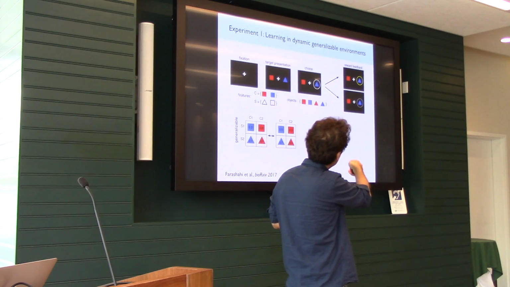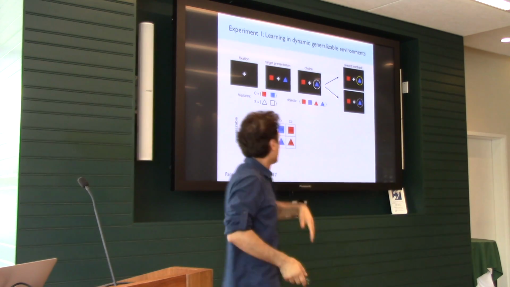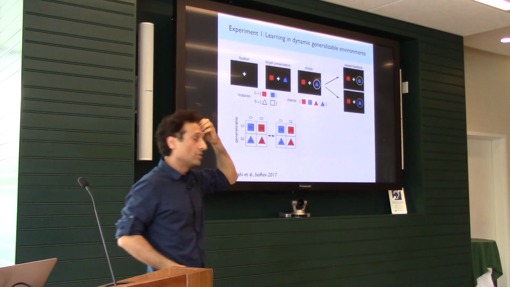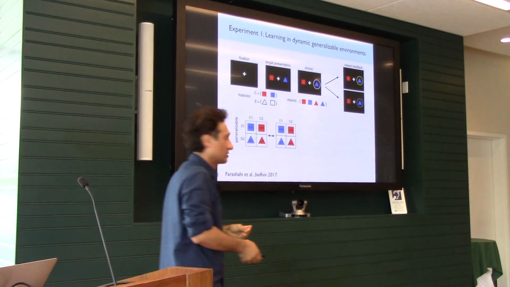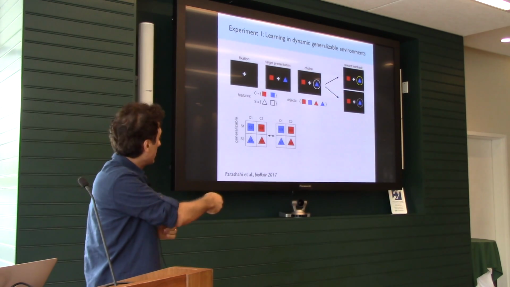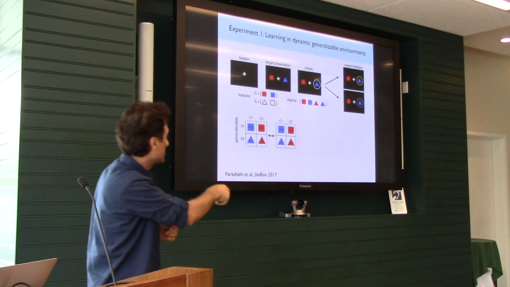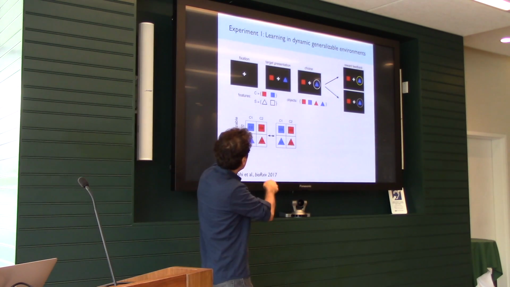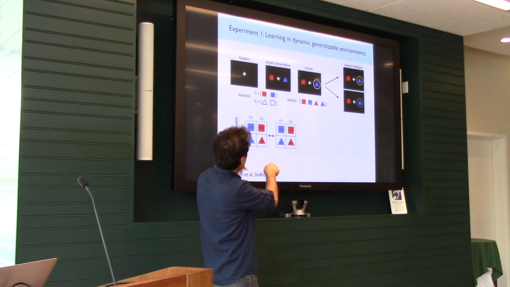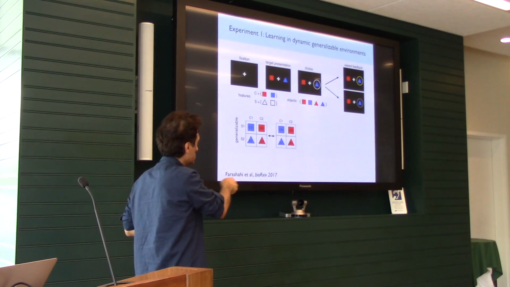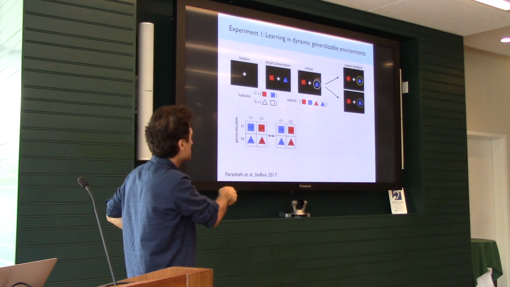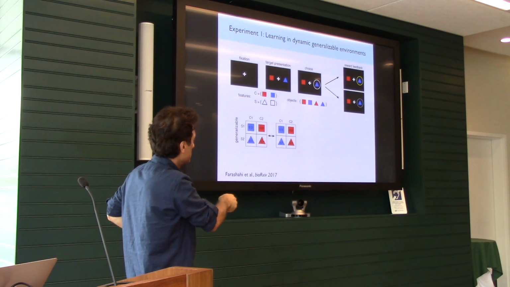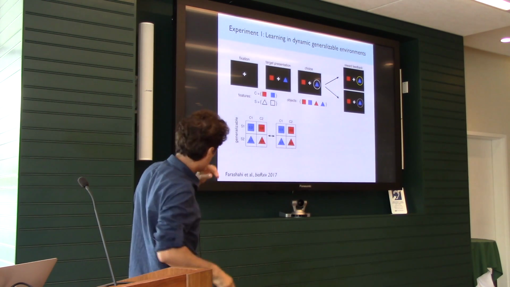The subject chooses between 2 options and gets reward feedback. This reward accumulates over time, and at the end of the experiment, they get paid based on the number of correct trials. The reward assignment is probabilistic and independent. These are the 4 objects that I mentioned, and these are the reward probabilities for each one. So red can give reward 90% of the time, red square 70%, 30%, and 10%.